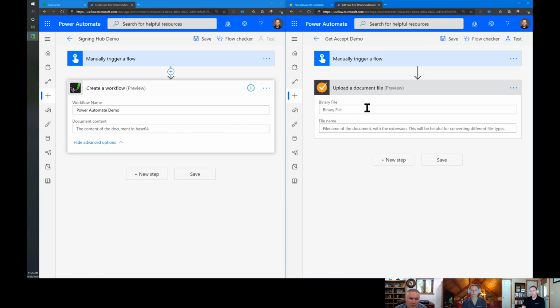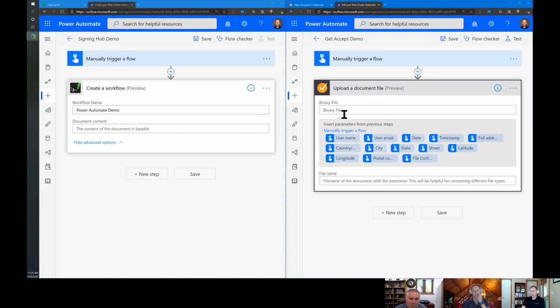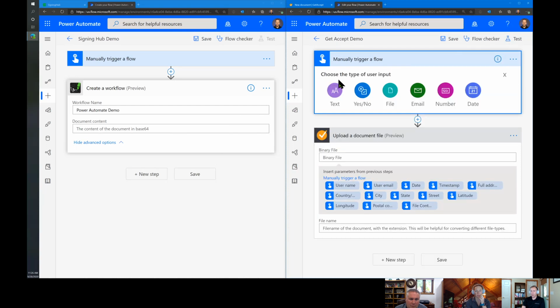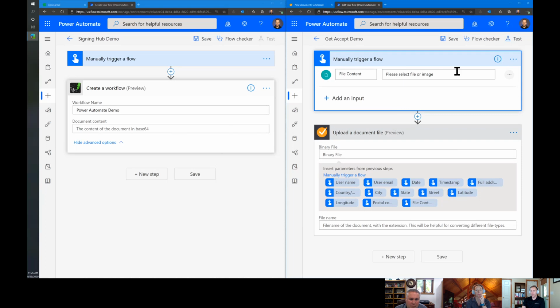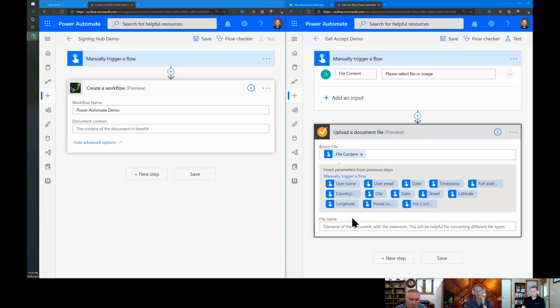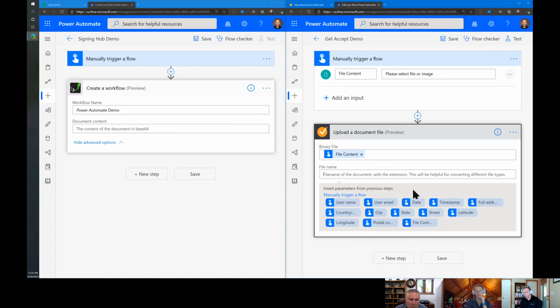So if we upload a document file, then you can see from here, it's looking for a binary file. So in order to do that, we're going to have to put a file in here. So you would just do it like this. You'd hit add an input and then put the file in. And then when you run this flow, you can put the file content here. So from there, it's going to be file content. And the file name, it says it needs the extension. So we'll say demo